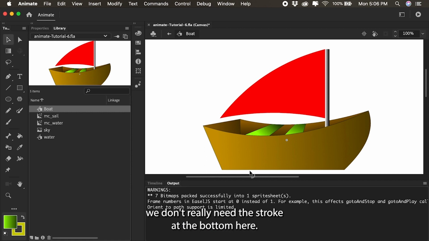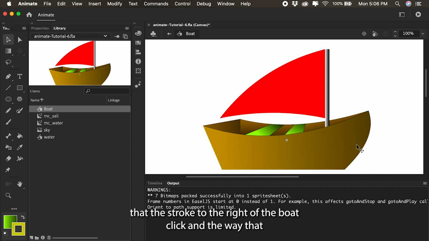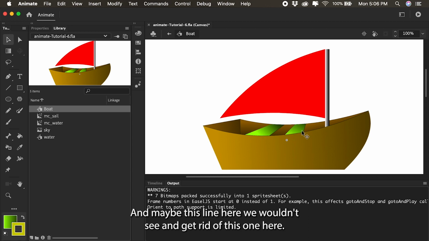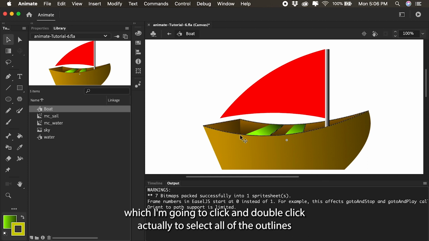Now that we have gradients, we don't really need the stroke at the bottom here of the boat, so I'll press and delete that. The stroke to the left, I'll delete that. The stroke to the right of the boat, I'll click and delete that. Maybe I'll delete the line behind the seat, we wouldn't see that. And maybe this line here we wouldn't see. You can get rid of this one here. And then all I have left is the top edge outline of the boat, which I'm gonna click and double click